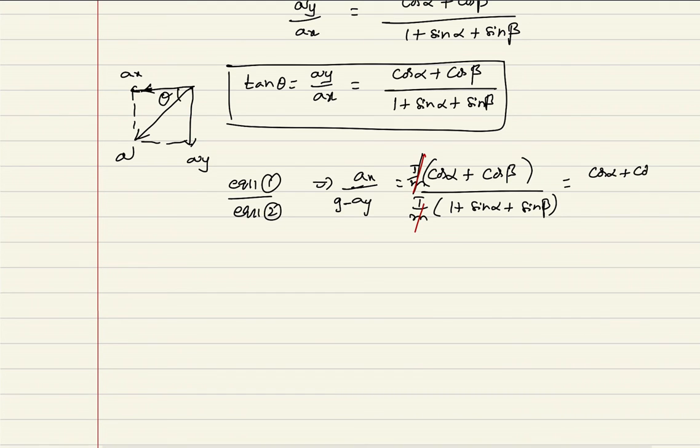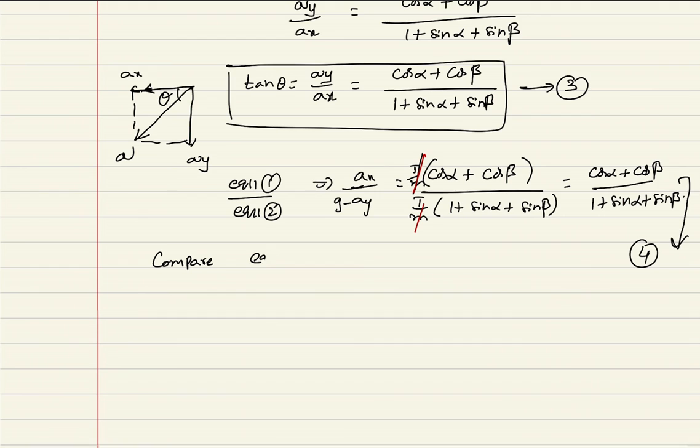(Cos alpha plus cos beta) whole divided by (1 plus sin alpha plus sin beta). This is my value of ax divided by g minus ay. Let us consider this is the third equation, and whatever I have written now is the fourth equation. If you compare equation 3 and equation 4,